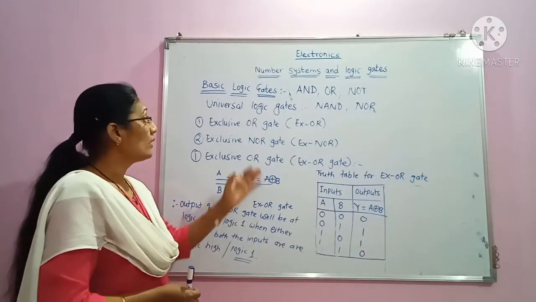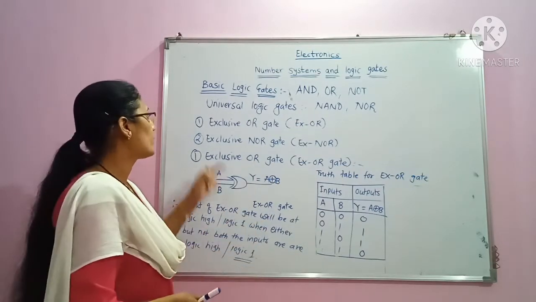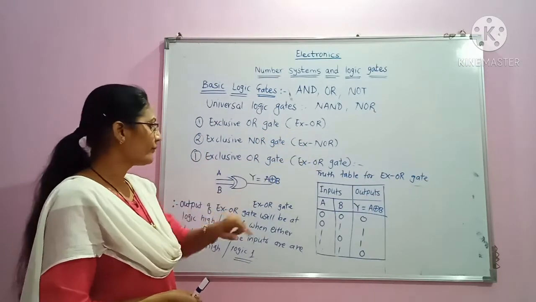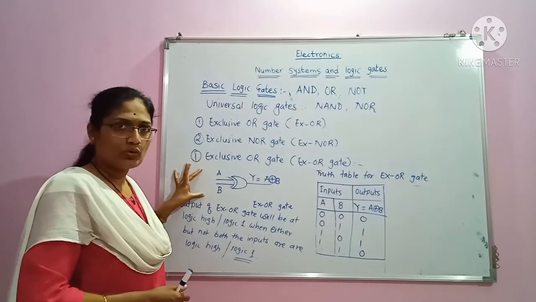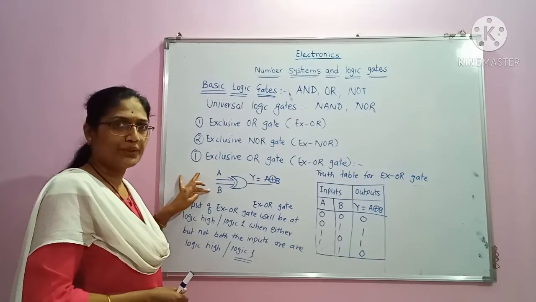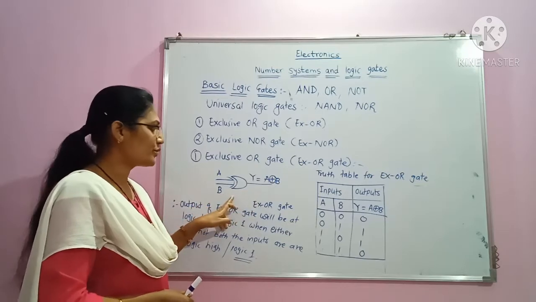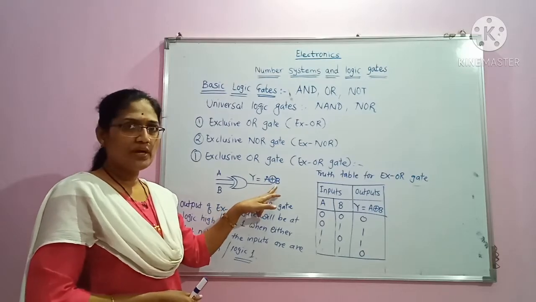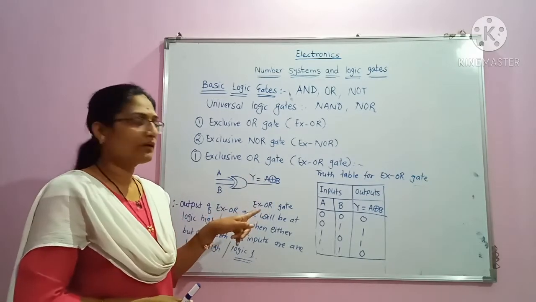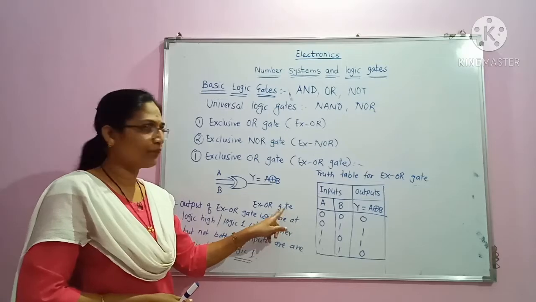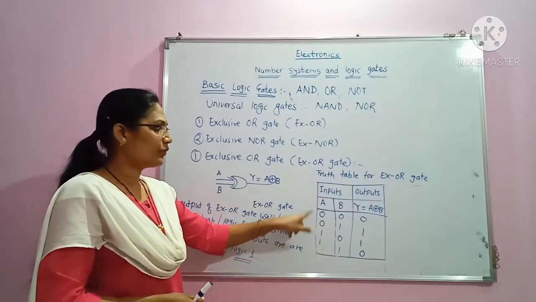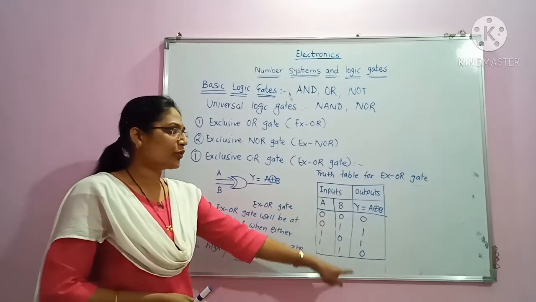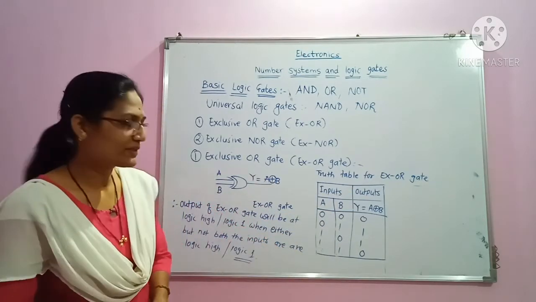So in today's lecture up till now we have covered exclusive OR gate. It is written as XOR gate. This is the symbol for XOR gate. A and B are the two inputs and this notation is used to represent it. Output is represented by A plus B, and the plus sign is encircled to represent XOR operation. Then this is the truth table. We have taken various values as inputs A and B and corresponding outputs are summarized here.